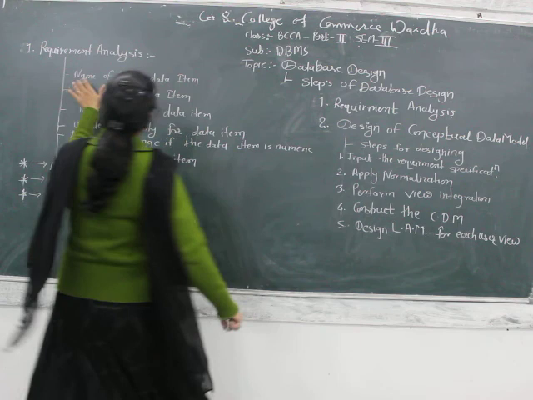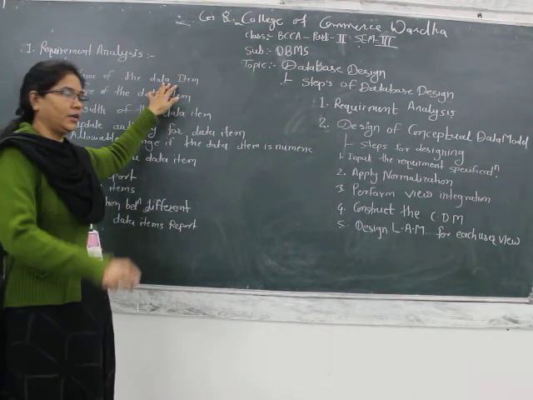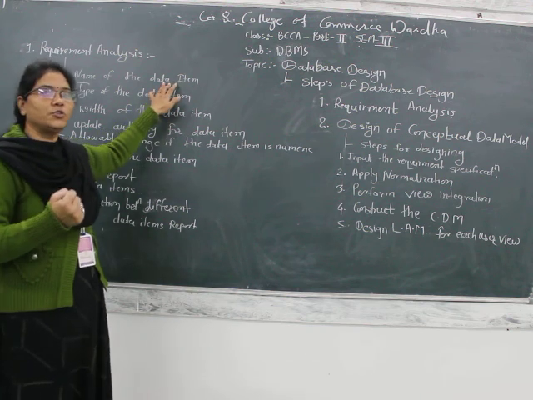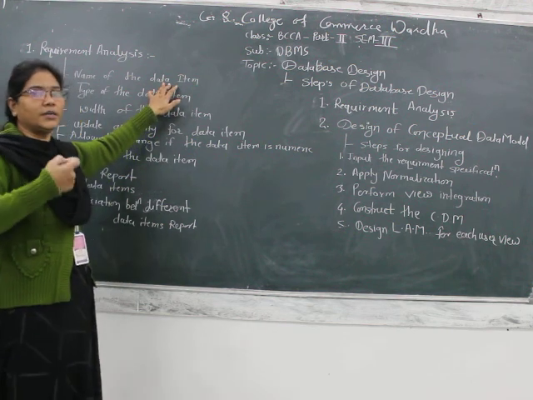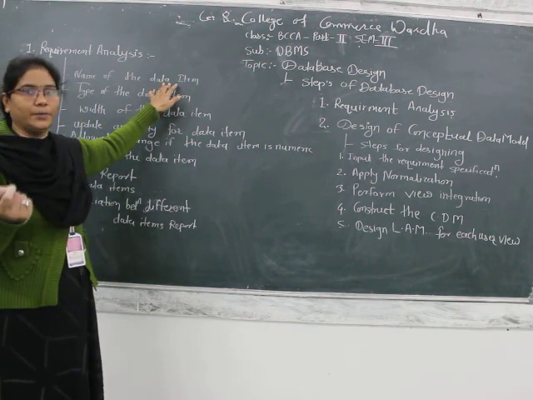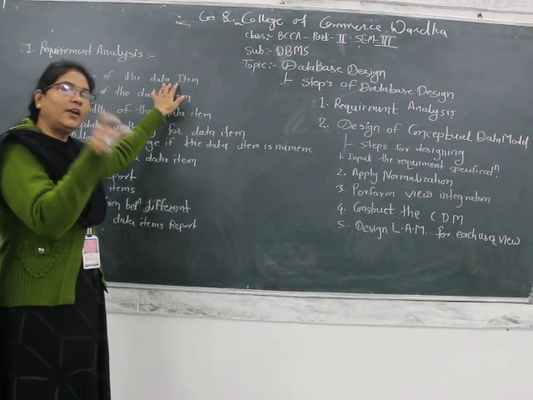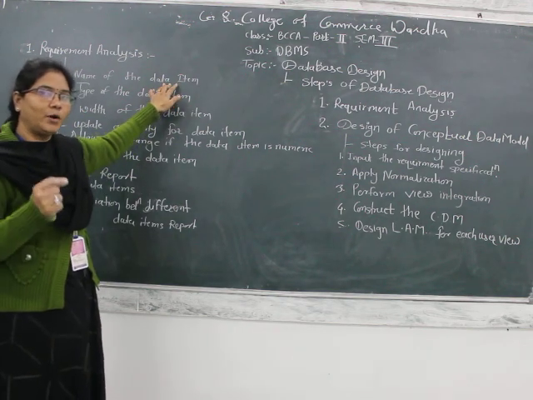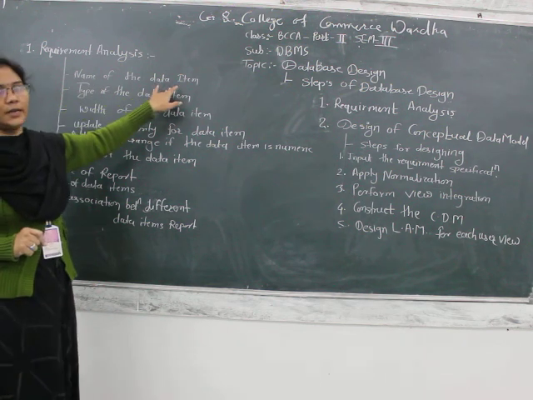the name of the data item. Name of data item is nothing but the name of that particular field. For example, if I want to store the information about the student, then I create the field student name. So this is nothing but the data item. This is the field name in which I can store the information about the student name. Okay, so that is the name of that data item.